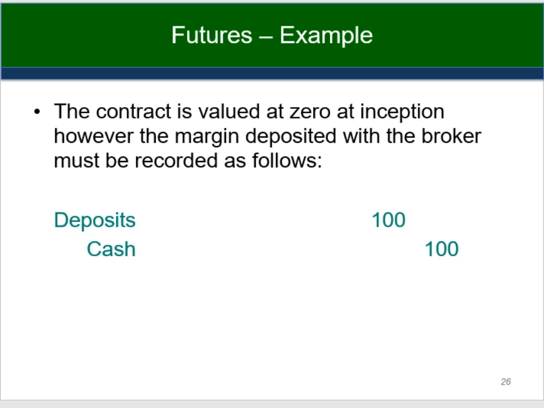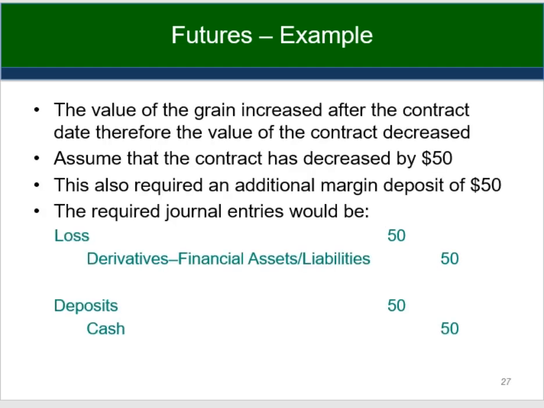But you did actually pay $100 into the margin account. So you would take it out of cash and put it into a deposit account or a margin account or something like that. So we're going to call it deposits. And if the value of the grain increases after the contract date, the value of the contract goes up. So you actually have